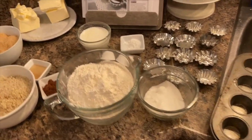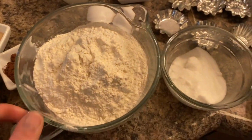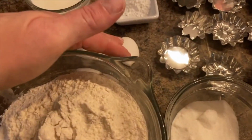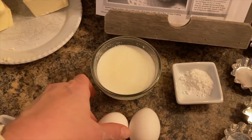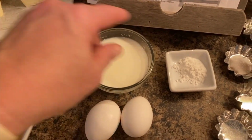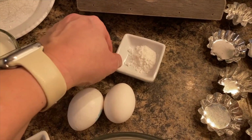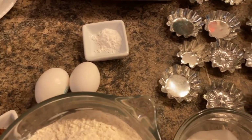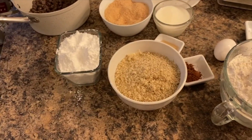So for the dough, you will need 500 grams of flour, 150 grams of sugar, 2 eggs, 200 grams of butter. Then you will also need some baking powder, about a teaspoon. And then for the filling, you will need